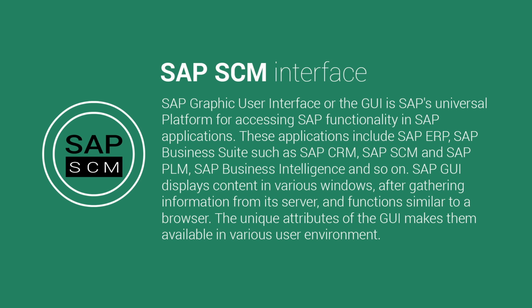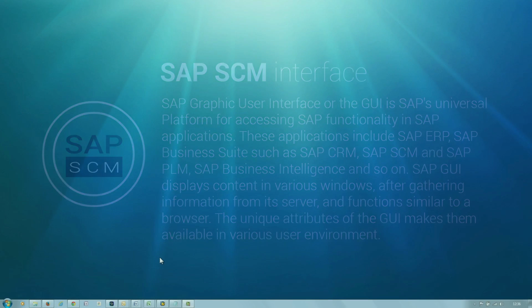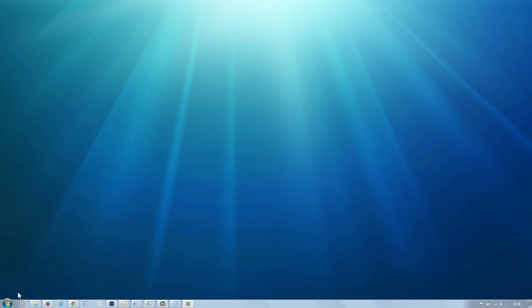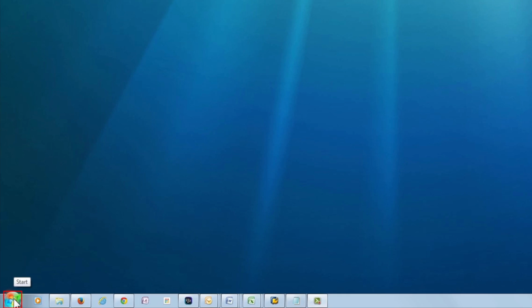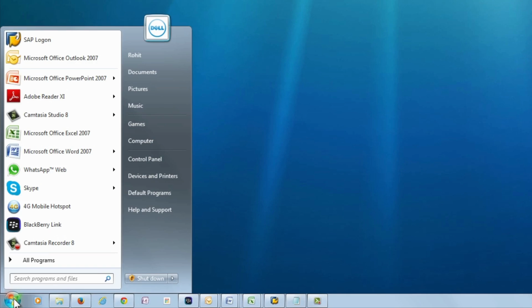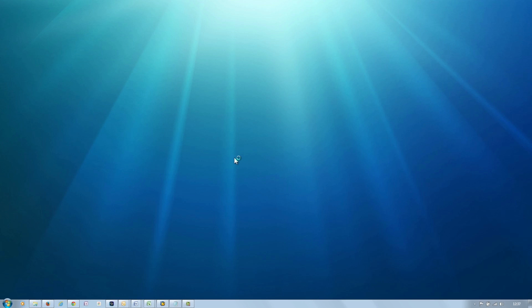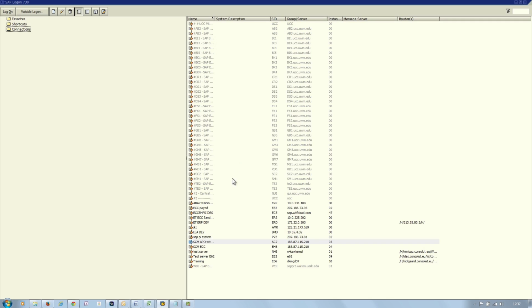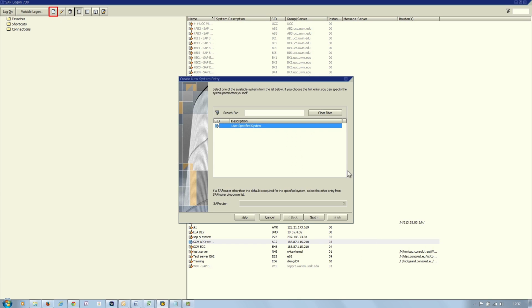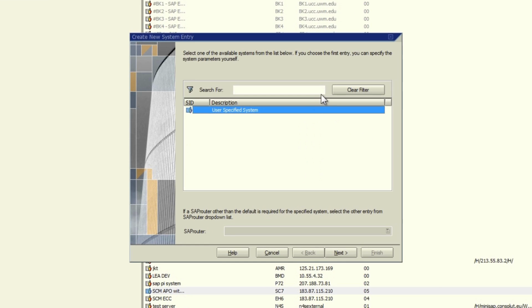As the SAP application servers are always accessed through SAP GUI installed on your local machines, we will start with the Windows Start button. Select SAP Logon Pad to initiate the SAP presentation server. And this is how the SAP presentation server appears on your screen, where all the servers are listed on the right hand side. For creating a new connection, select the New button. A pop-up will appear. Select user specified system, click on next,